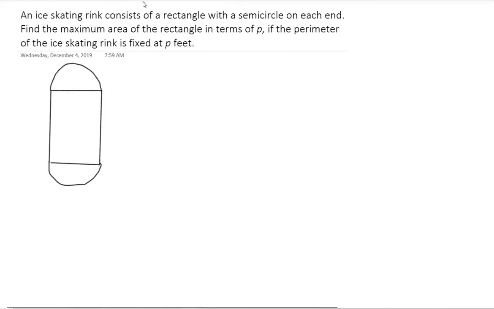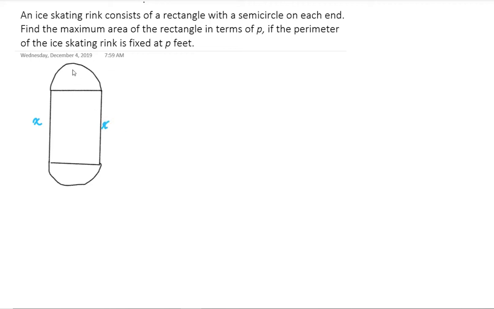Okay. An ice skating rink consists of a rectangle with a semicircle at each end. Find the maximum area of the rectangle in terms of p, if the perimeter of the ice skating rink is fixed at p feet. Okay, so for this one, we're given 3 shapes, and we're not given any values for the area except for p. We don't really know what that means. We're just going to call the rectangle legs x,